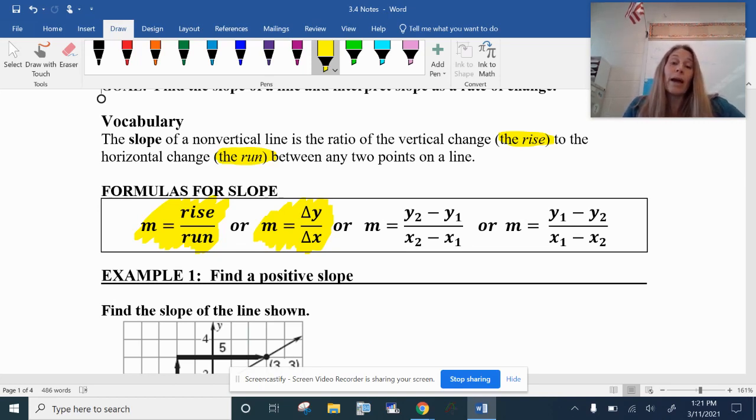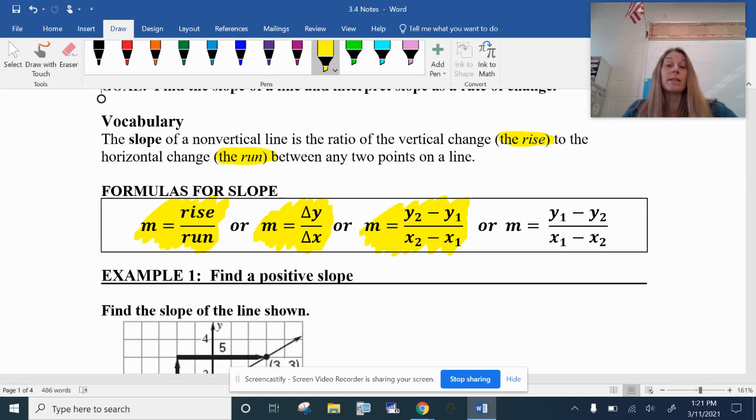Now, if we don't have a graph or a table of data that we're using rise over run to find our slope or rate of change, we can also use the slope formula, which is simply finding the difference between the two y values and then setting that up over the difference of the two x values. So we're subtracting the two y's, subtracting the two x's, and setting it up as a division or ratio. Now, it doesn't matter which of the y points you start with to do your subtraction or find the difference,